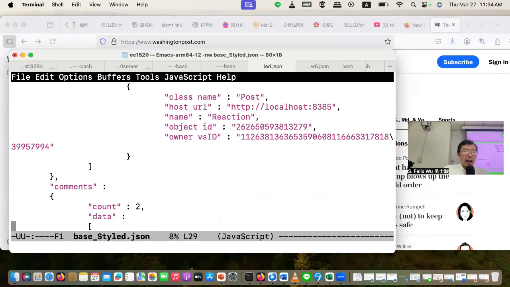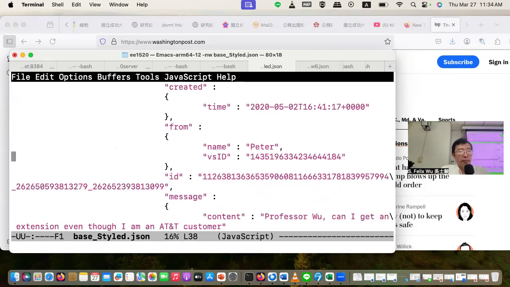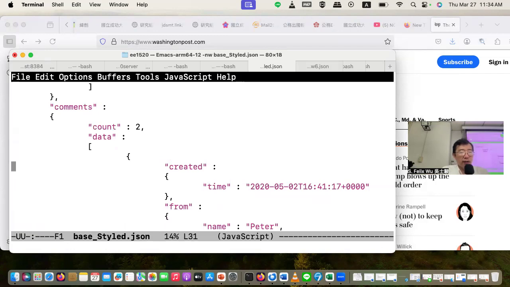And then there is another attribute called comments. Comments means that somebody left a comment on your post on Facebook. And the post is also an array. For each of the posts, it has the time it was created. At a certain time in 2020, May 2nd, somebody left the following comment.